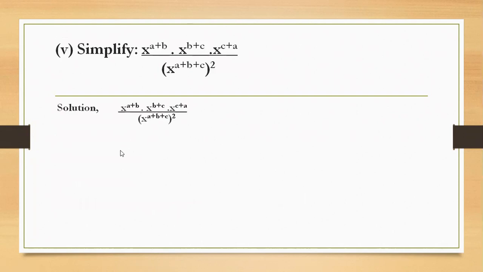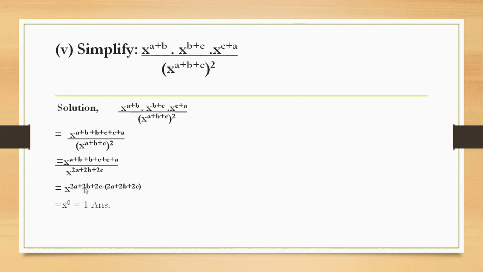And here for the next question, look here. Upper one, denominator and numerator, solve separately. All the bases same, then while multiplying add the power. And in the down one, x to the power a plus b plus c and whole power 2, 2 will multiply with a, b and c. Then up will be 2a plus 2b plus 2c, then this divide. And when divide, then this down one power will be subtracted. That's why put all the power in bracket and write a minus sign here, and it will be subtracted. Same minus same is 0, x to the power 0 means 1.